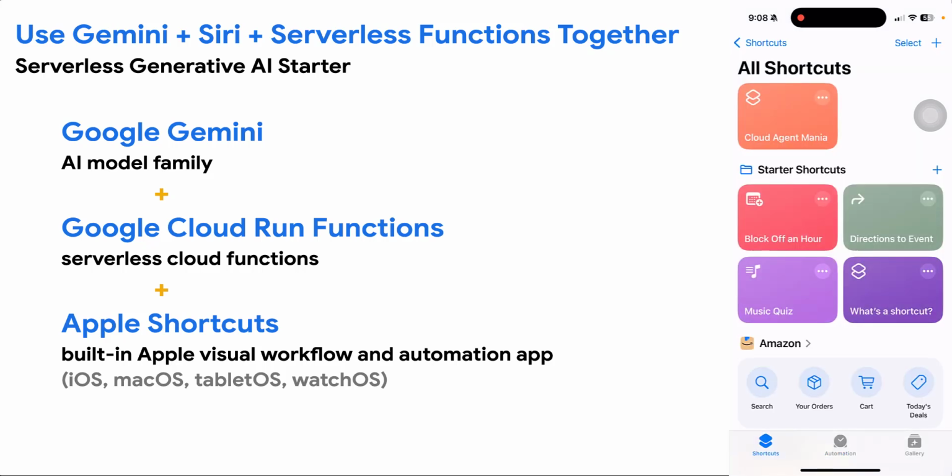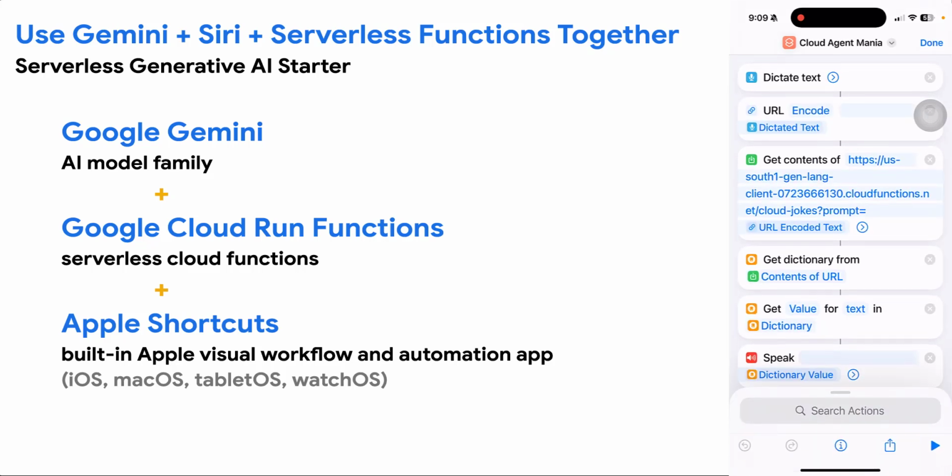And then for the shortcuts, you can actually perform scripting and build up very layered interactions. So to get the advanced scripting, you can even SSH, for the technical people. You can SSH with remote function calling, if you think of the power of that. But you can also visually lay out certain steps, which I'll show you here, which in this Cloud Agent Mania,